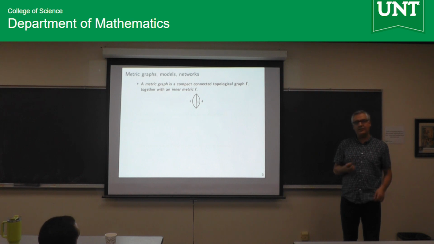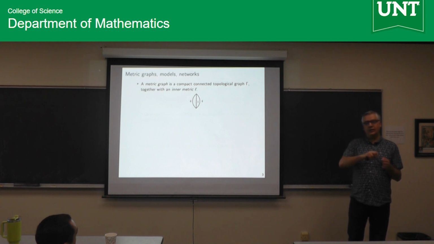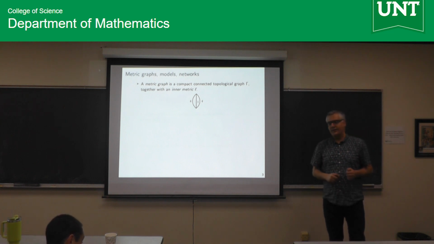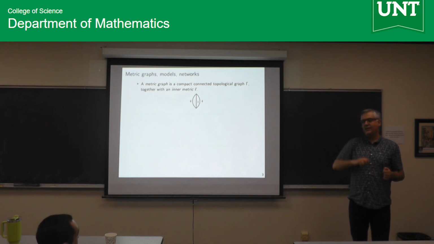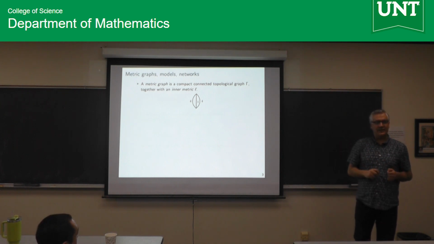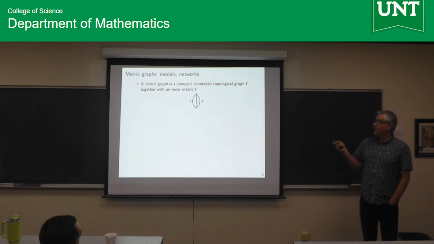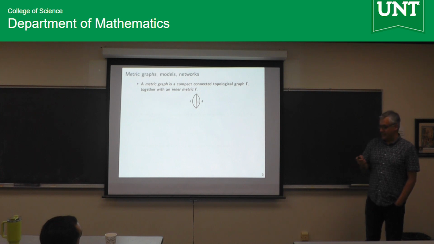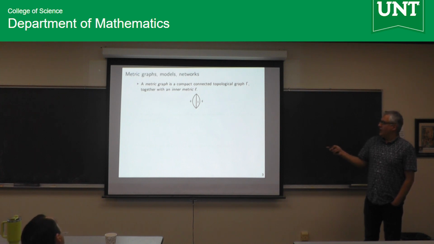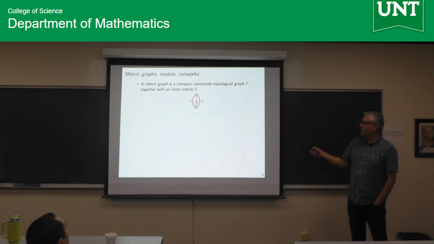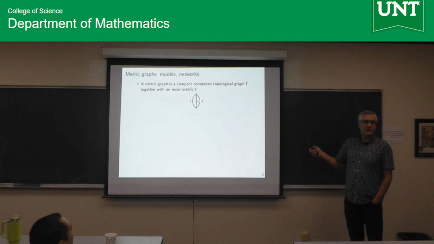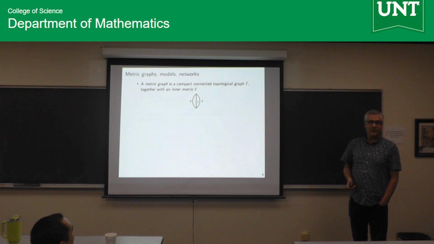But an inner metric is a metric such that the distance between two points is equal to the length of the shortest path between those two. So you can give a definition of length of a path, and then you can measure the distance, and that distance should satisfy the triangle inequality with a metric. And I'm insisting that it will be the shortest path metric. I don't want to be too pedantic, but I hope you can imagine something like this is precisely giving me a metric graph in my definition.